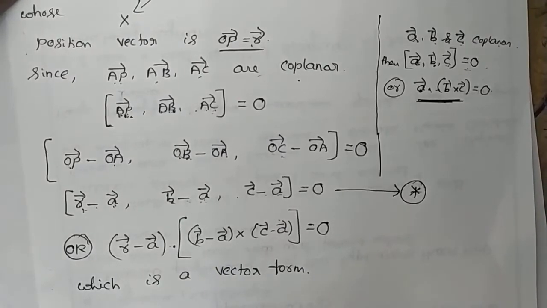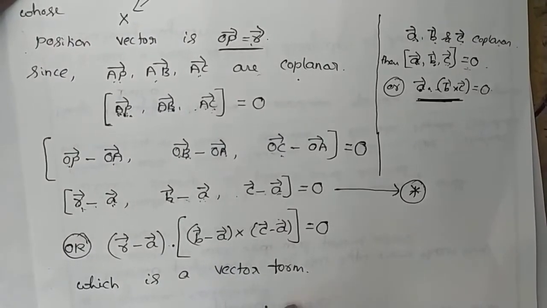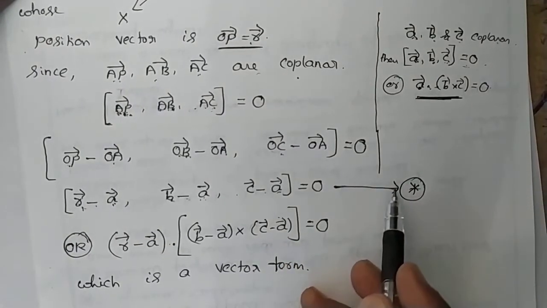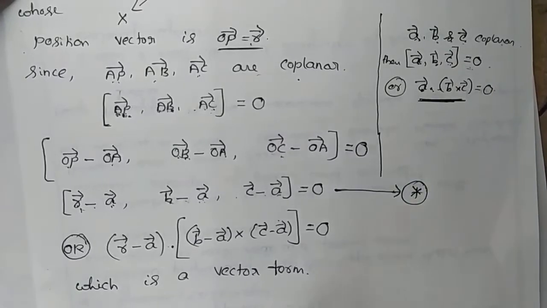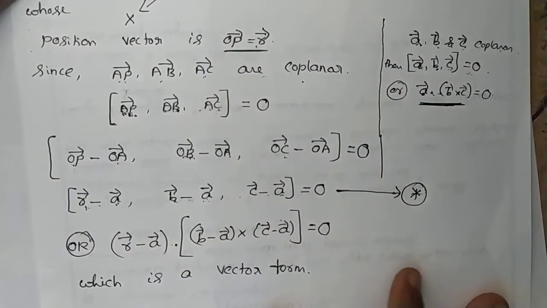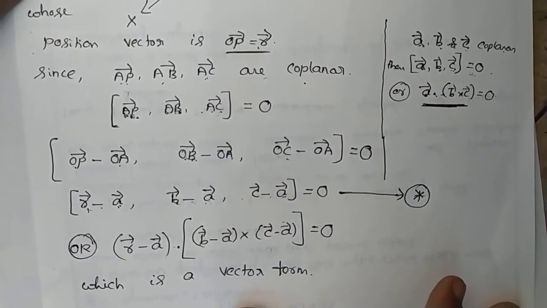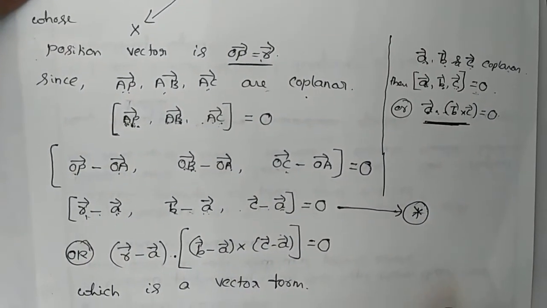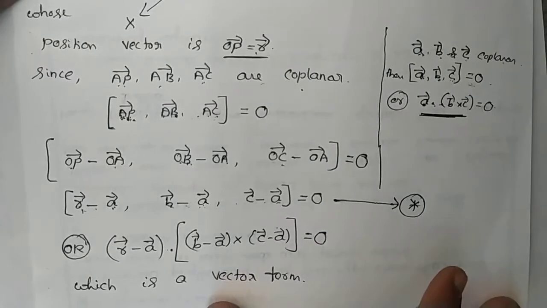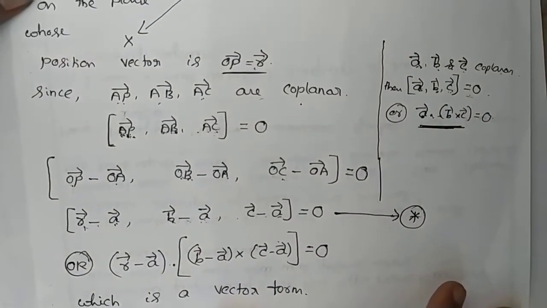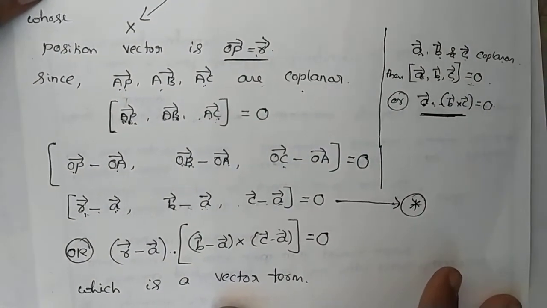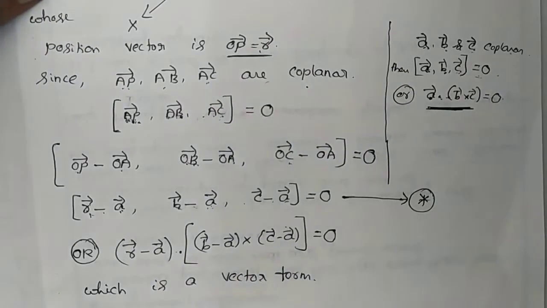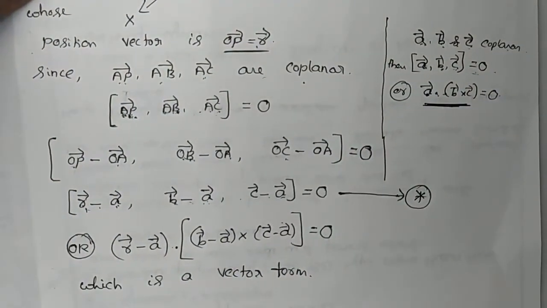Cartesian form is nothing but we have to eliminate the vectors, so that we are using this equation star in the Cartesian form. You just write down this derivation in your notebook. Take a screenshot or pause the video. You just note down the derivation in your notebook. Kindly do not make any kind of mistakes in your notebook. Now let us find out Cartesian form.